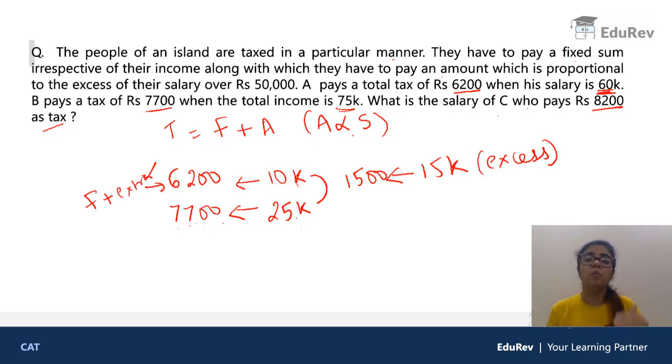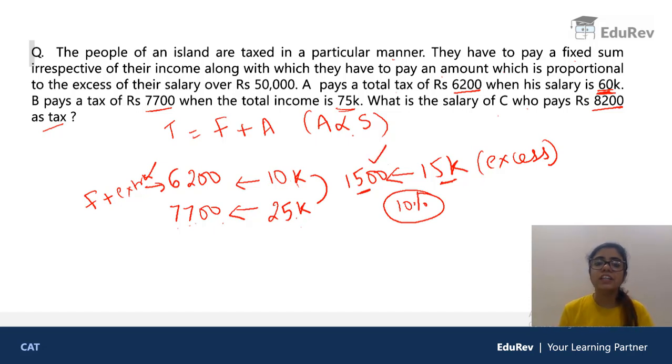I'm asking you, what is the excess which you are supposed to pay? So I have to pay 1,500 excess if I earn 15,000 extra. So can I say this is nothing but 10%? So if I'm earning 15,000 extra, I have to pay 10% of that as my excess tax, which is 1,500